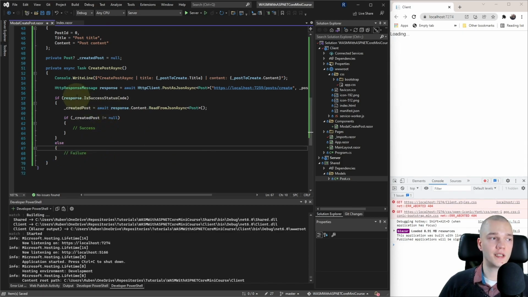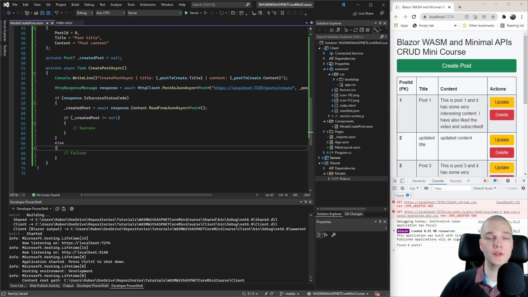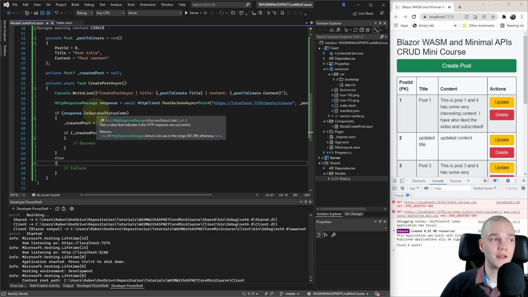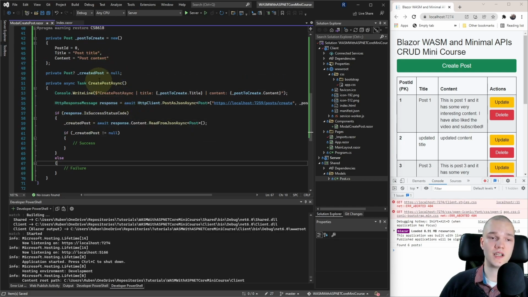Okay, so for this mini course I'll show the result in a little browser alert window. So we need to call some built-in JavaScript code from Blazor for that. We're gonna use JavaScript interop, and we need to inject the IJSRuntime for that. That's added to the dependency injection framework by default.